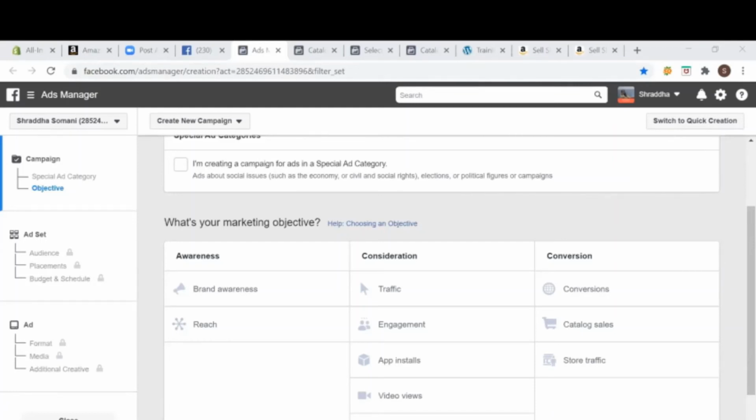Automatic placement is an option you will get whenever you are creating ads on Facebook, right? So I'll again share my screen with you. So automatic placement is an option wherein you will be creating an ad set. Under that, you will get this option. This option will give you automatic placement. So have automatic placement also, right? I'll just share my slide now.